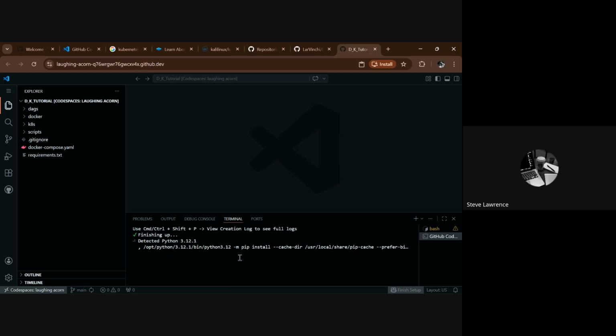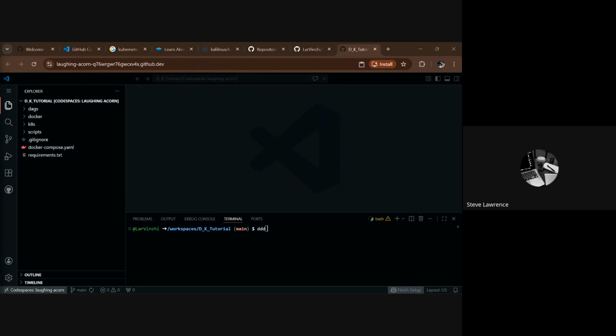So it's set up. Okay, so I'm doing Docker run